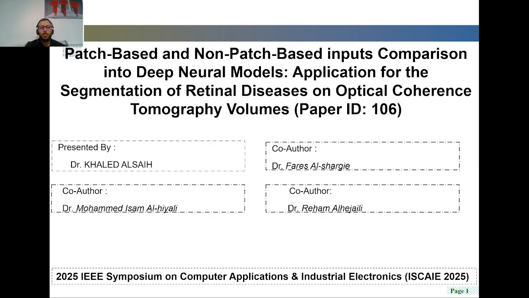This paper is presented by me, Khaled Al-Saih, who currently works as a researcher at University Clermont-Auvergne in France, with my co-authors Dr. Faris Al-Sharji, who works in the USA, Dr. Muhammad Isam in Iraq, and Dr. Rihan in Saudi Arabia. Four of us collaborated to do this work, which is an extension of my PhD work,